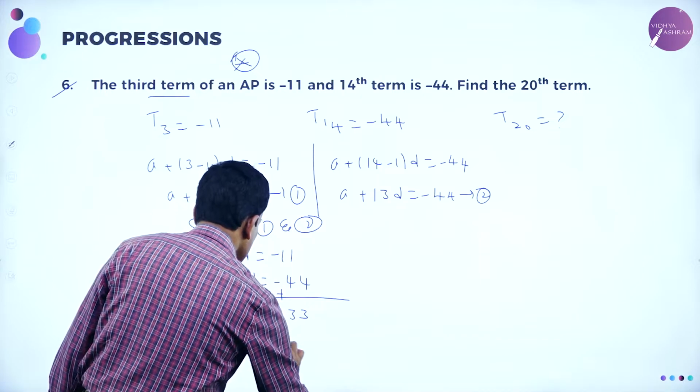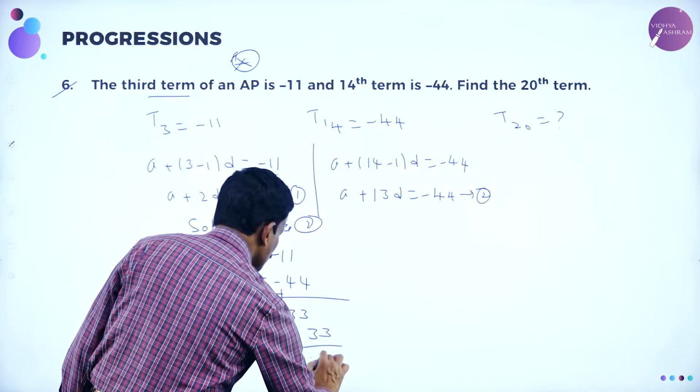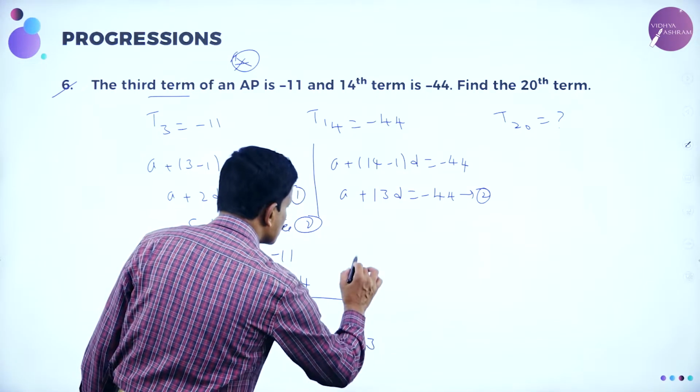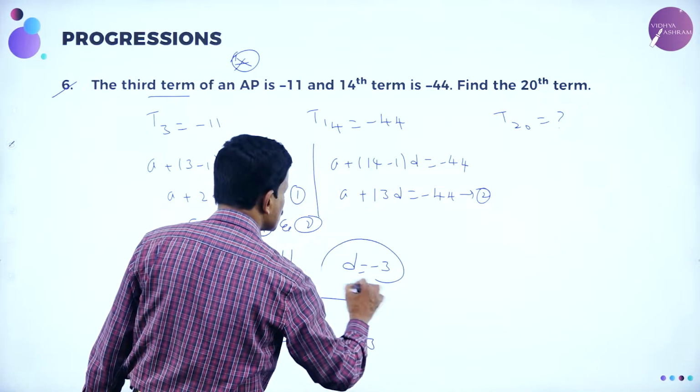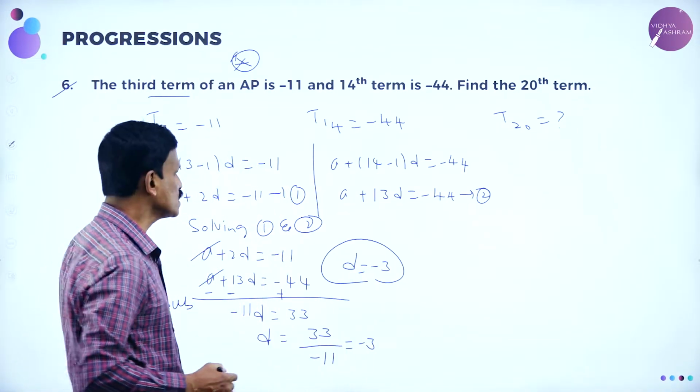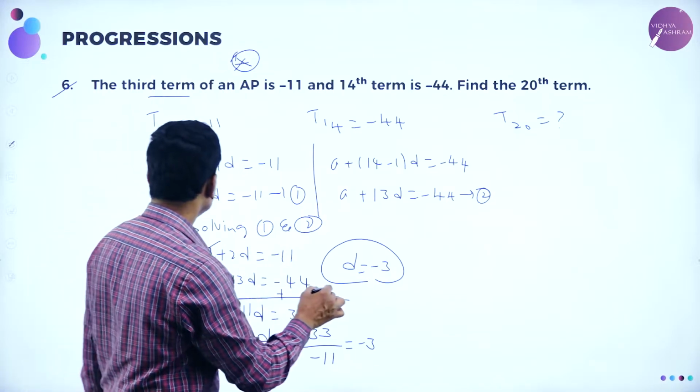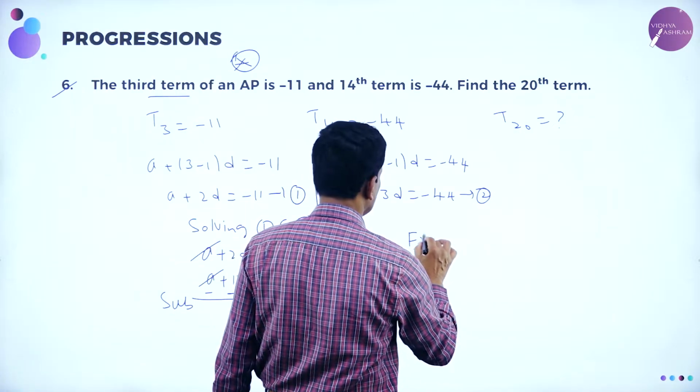So, therefore, D is equal to 33 divided by minus 11, which is minus 3. D is equal to minus 3. We will get the common difference as minus 3. Now, from this, to get the value of A, from equation 1 or 2,